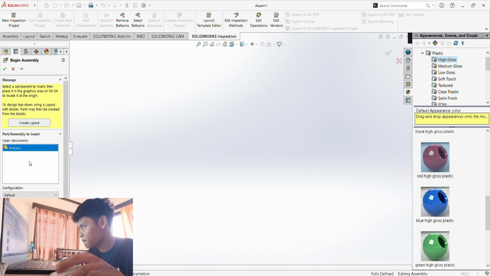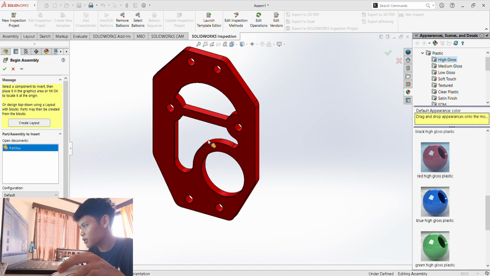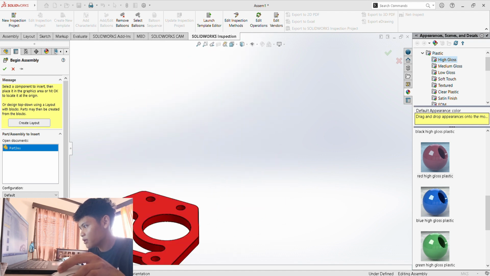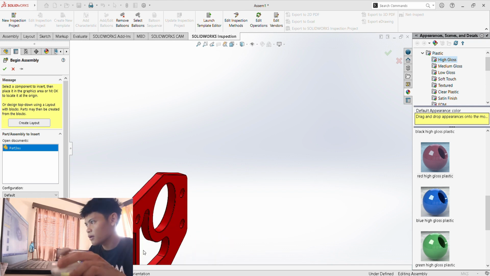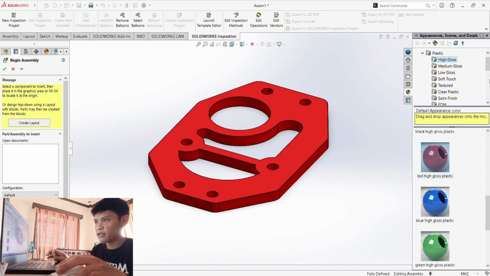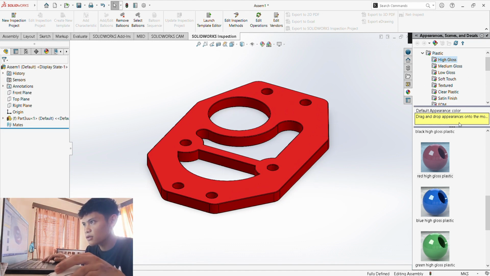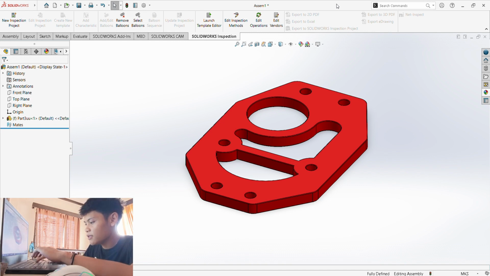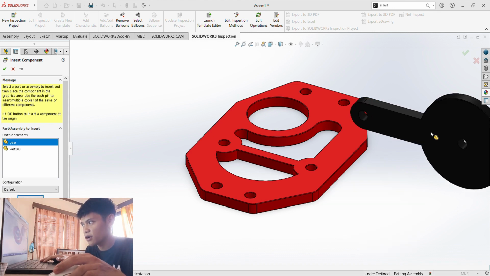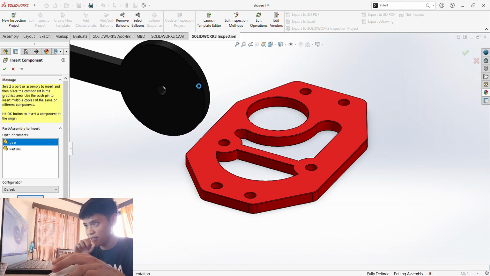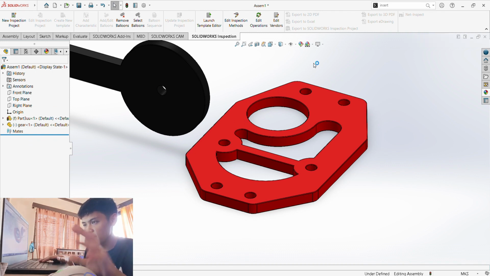So let's click this part and let's make it a graphics preview. So it would be showing here. Let's make the axis different by clicking this side right here. There you go. Then there are different ways you can insert a component right here, right? So one way is to search in the commands insert components, wherein you could browse for different components as long as you have saved them. So it is important that you save your components after you have made them because they won't be exported if you haven't saved them, and you won't be able to use them on the assembly.